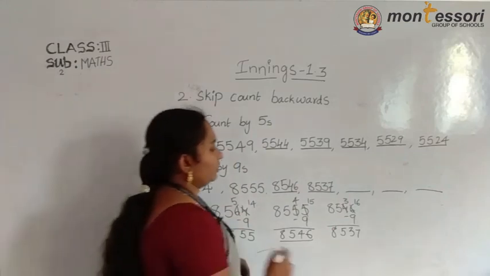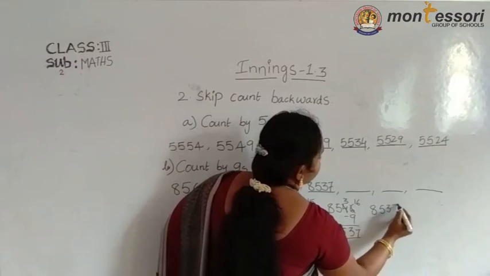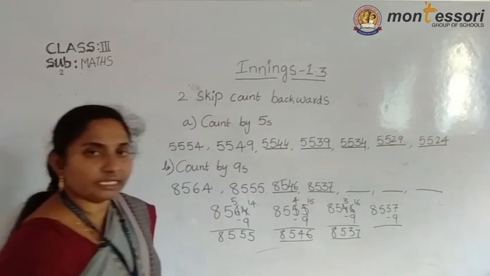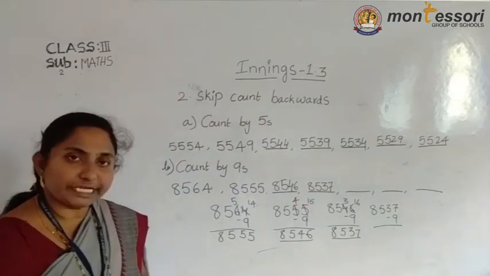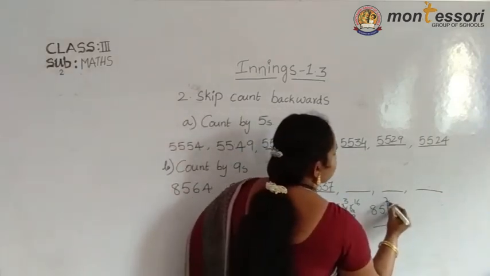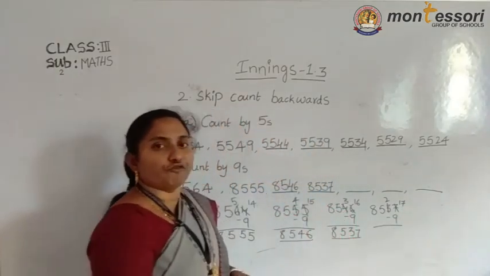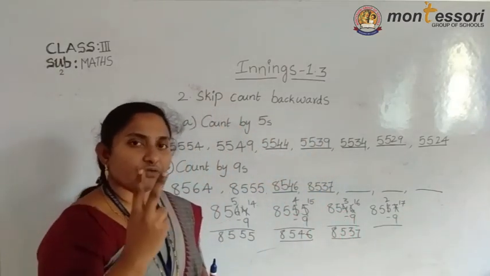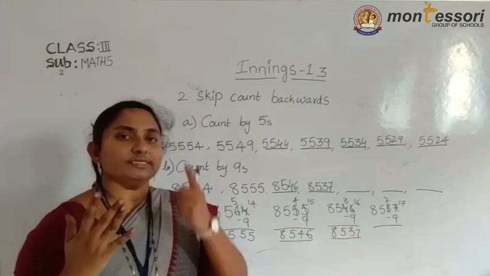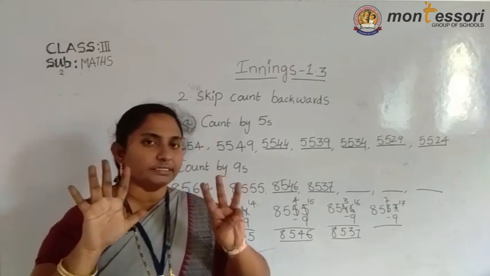8537. Next one, same number. I am taking this number answer, 8537 minus 9. Okay, now I am doing the subtraction. 7 minus 9, is it possible? No. So again I am taking a borrow. Here this 2 changes into 3. Again here 7 changes into 17. After 9: 10, 11, 12, 13, 14, 15, 16, 17. What is the answer? Yes, 8.